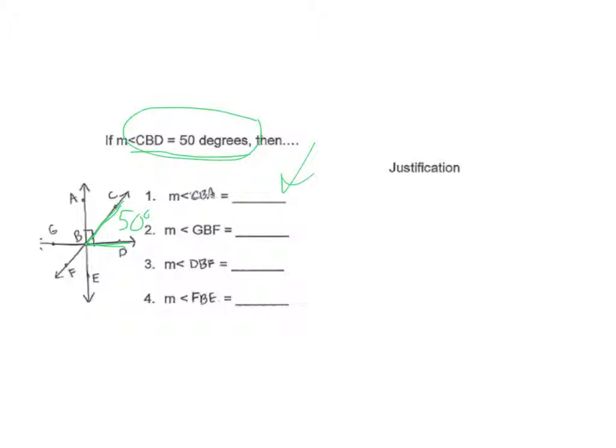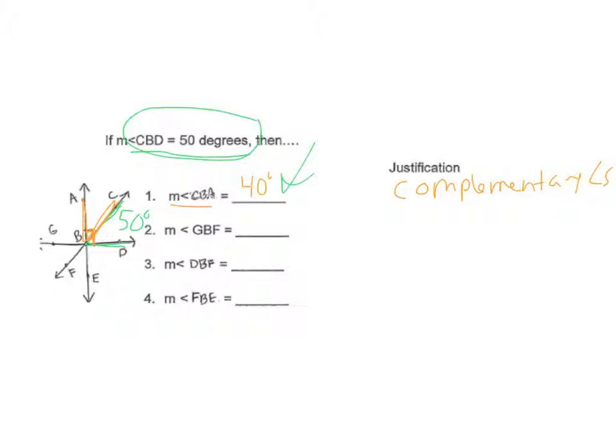Well, actually no, because I have to do justifications over here. So measure of angle CBA. Well, since this is a 90-degree mark right here, this needs to be 40 degrees by complementary angles. So I write complementary